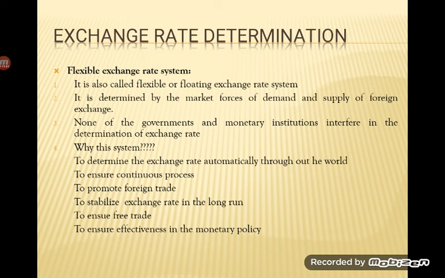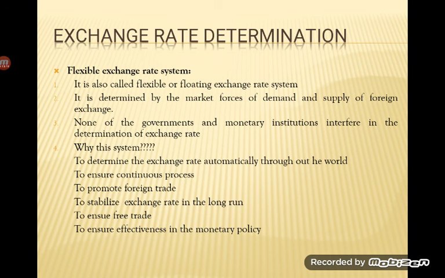So why is the system more useful? Why have we adopted this? It is mainly to determine the exchange rate automatically throughout the world. So no favoritism. It's an unbiased system that they have adopted. It happens automatically based on the currencies that are demanded in the international sphere. The higher the demand for a particular currency, the higher the value, and vice versa. You can imagine some of the key currencies here, maybe the US dollar, pound or euro. All these are greatly demanded in the international market, so their values are high compared to the Indian rupee.